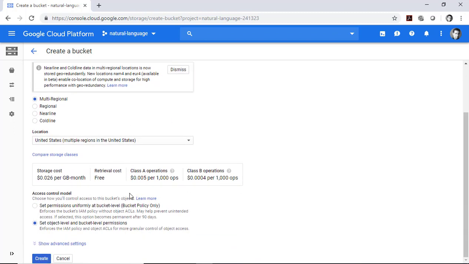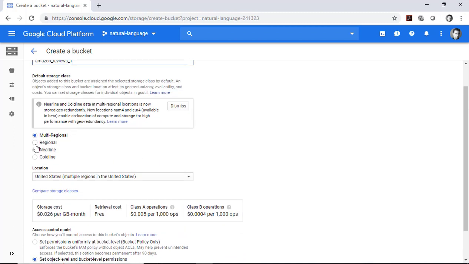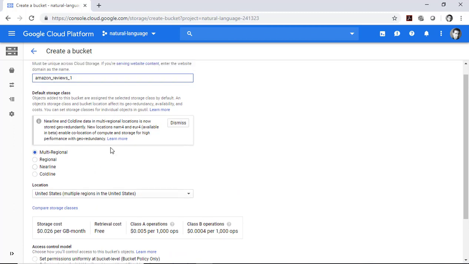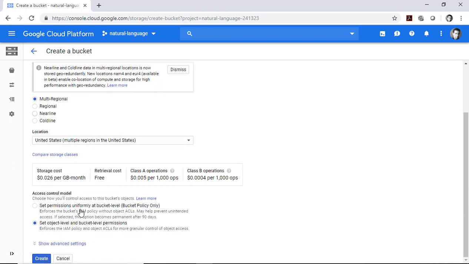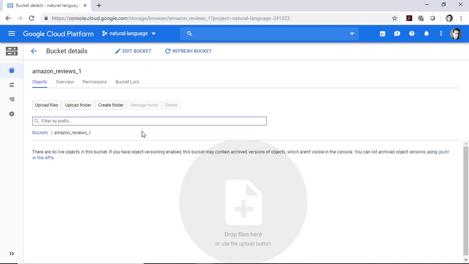Now, in an ideal world, you should pick the region that is closest to mine. Because I don't know yet, I will click multi-regional, and if I need to move this bucket to a specific region because of limitations with the version of the software that I'm working with, then I will do that later. So I'm going to just create it,